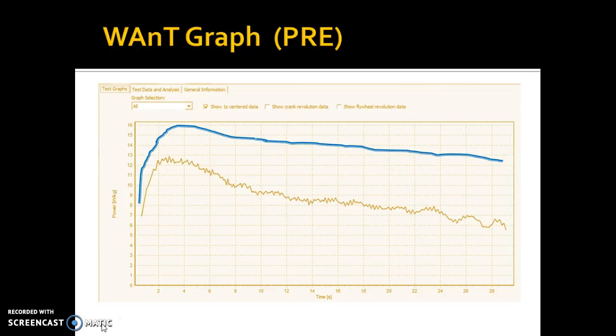This is because the peak power output is higher because muscle hypertrophy will have happened in the muscle fibers. So the muscle fibers will be stronger and the motor units will be working more efficiently. And the fatigue index will be lower